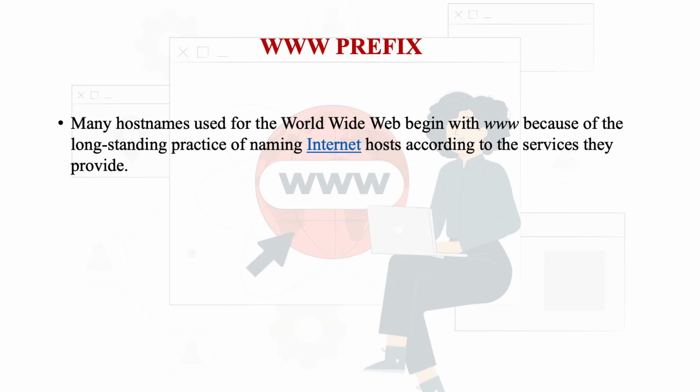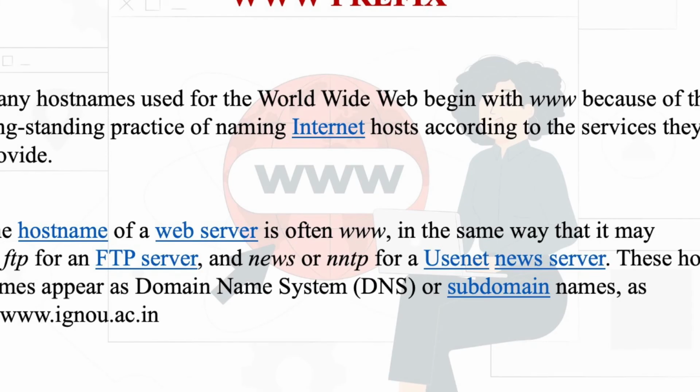Now let us see the World Wide Web prefix. Many host names used for the World Wide Web begin with www because of the long-standing practice of naming internet hosts according to the services they provide. The host name of a web server is often www in the same way that it may be ftp for an FTP server and news or nntp for a Usenet news server. These host names appear as a domain name system or subdomain names as in